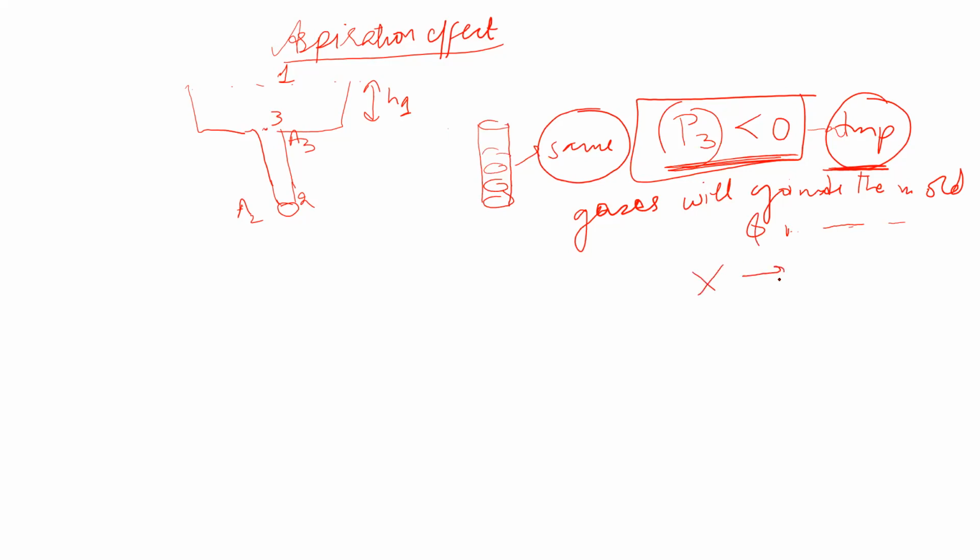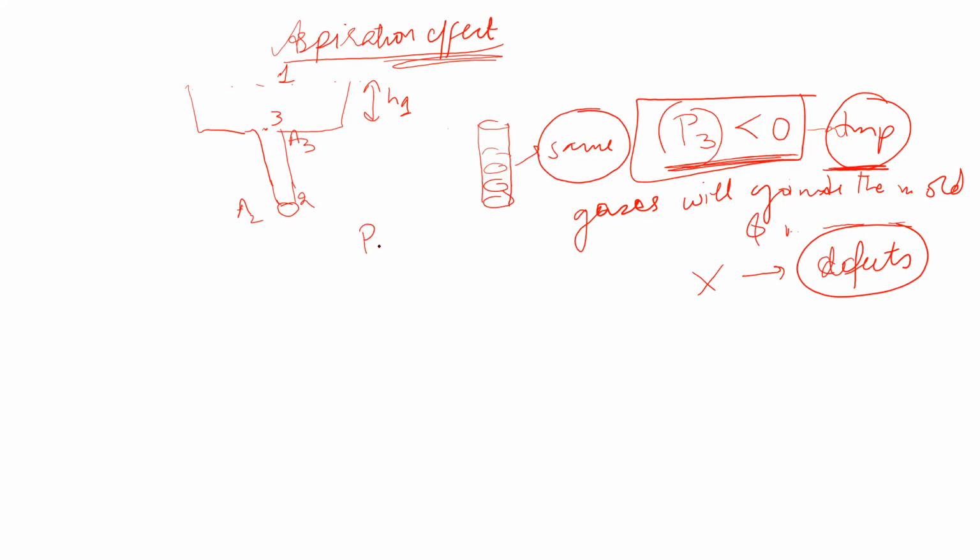But do we want gases to be trapped inside the mold cavity? No, because that will cause defects in the casting. We do not want this to happen. So we have to design the sprue in such a way that this aspiration effect is avoided. So what exactly do we do? Once again we will apply